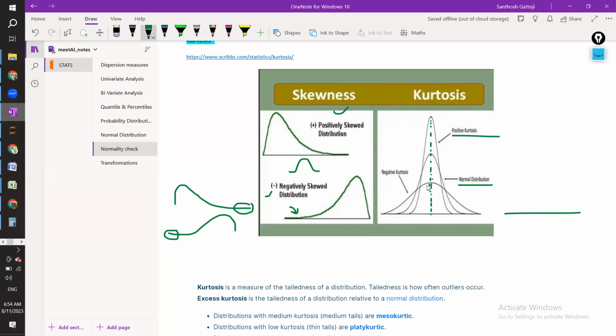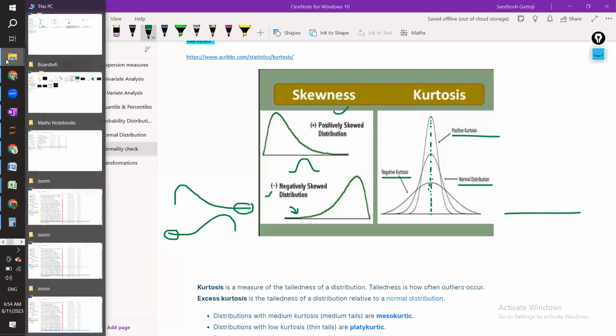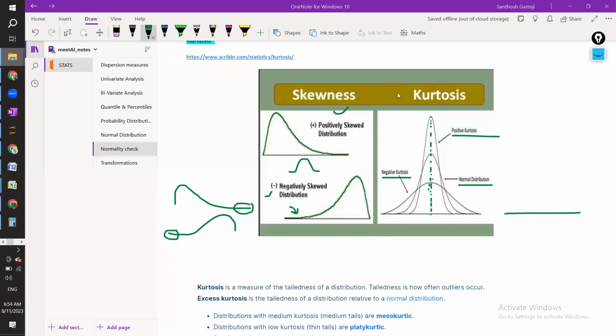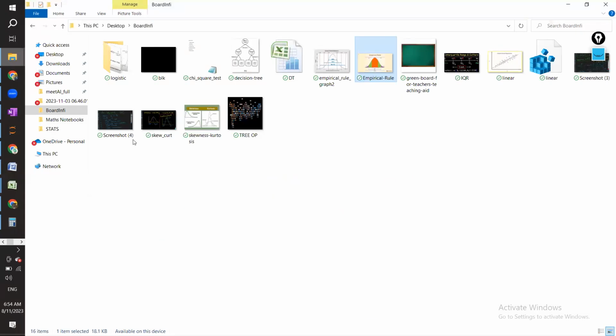But if it gets pushed down and it spreads, it becomes another type of kurtosis. You can call it negative kurtosis, but it is another type of kurtosis. I think I have a diagram regarding this. Let me, yeah,